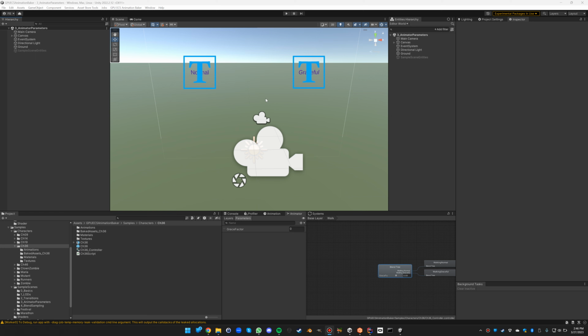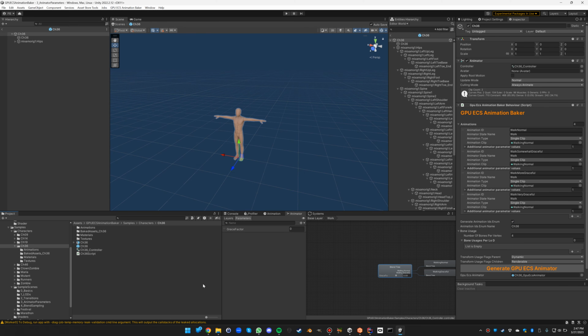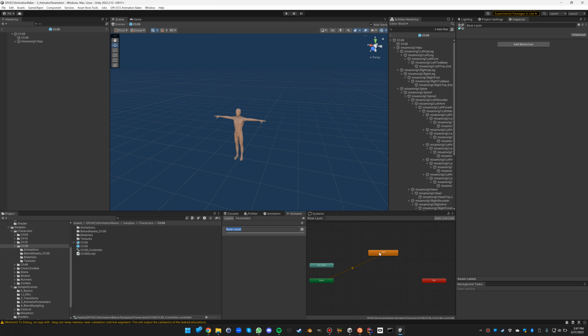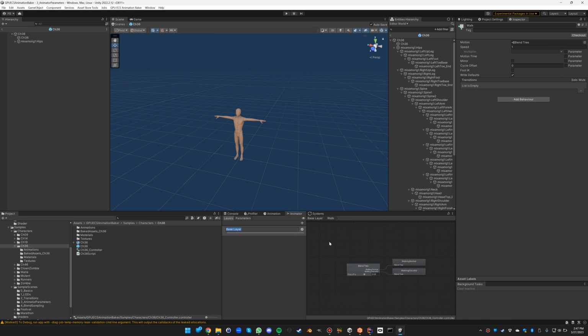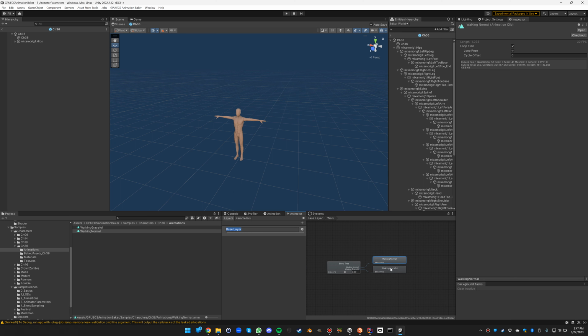In this video, we'll go through the fourth example scene of the GPU ECS Animation Baker. This scene will feature a character, a mannequin character 36, which has a special animator attached to it. The animator, if you look at the layers here, base layer, you have this walk, which is actually a blend tree, and the walk blend tree will blend between two animations, walking normal and walking graceful, based on a grace